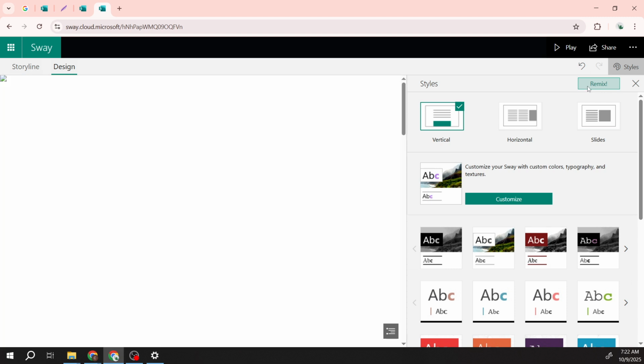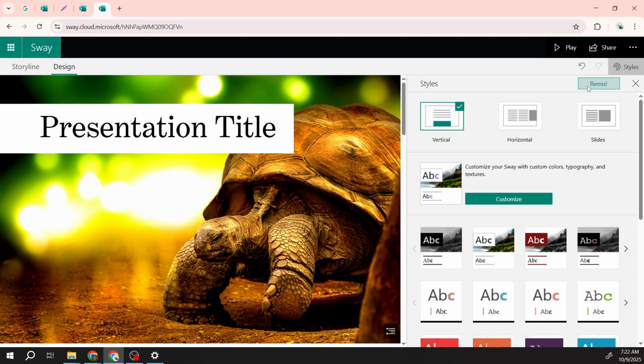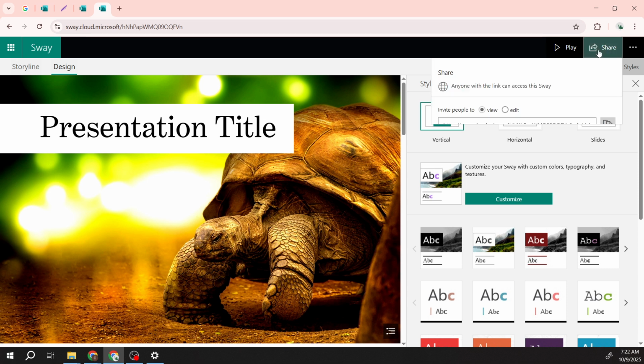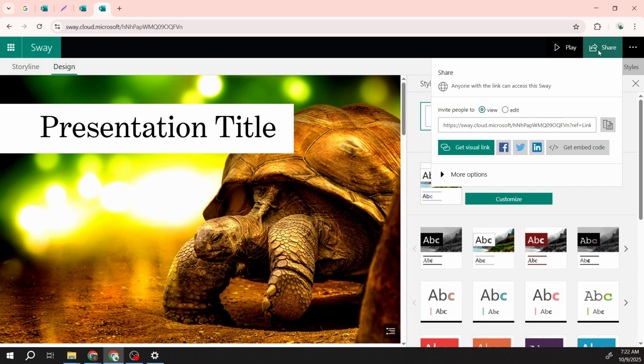Lastly, once you're happy with your creation, it's time to share it with others. Simply click the Share button located in the top right corner. You can easily generate a shareable link, create a visual link complete with a thumbnail, or even embed the presentation